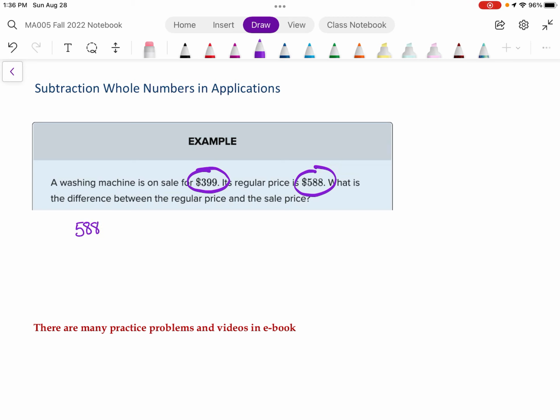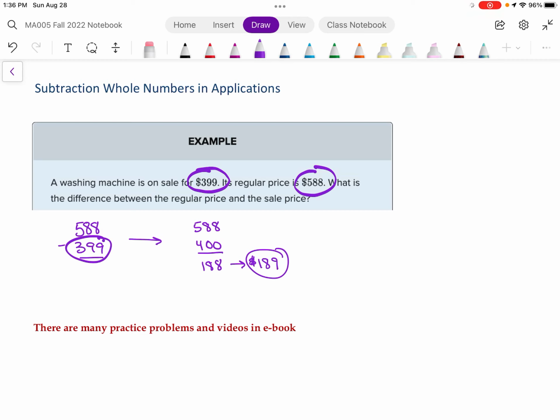So 588 minus 399. Instead of doing a whole bunch of carrying, I'm going to show you lots of tricks for doing things in your head. I'm going to subtract 400 and then say, okay, I was subtracting 1 less than 400 at the end and add 1 back. Okay, because it's just so much easier. Instead of doing a bunch of borrowing, I see right away that this is 188, but I didn't subtract 400. I actually subtracted 1 less than that. So this is going to be 189. So that's a trick for doing it in your head. So the difference between the regular price and the sale price is